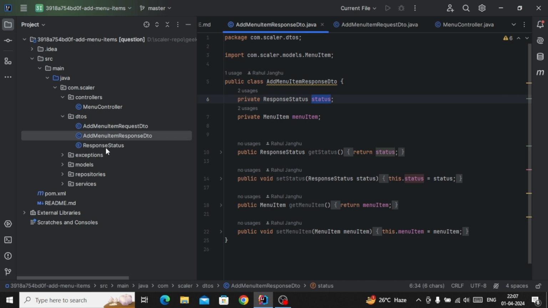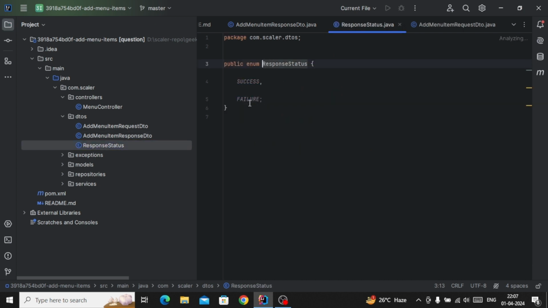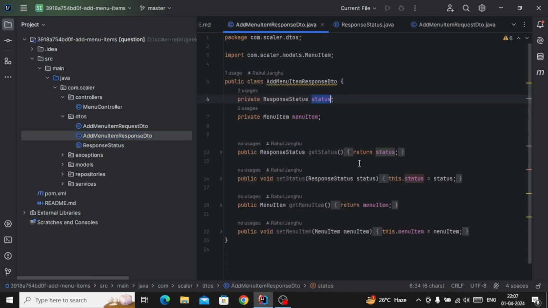Next, what we require to set here is a status. As you can see, we already have a response status, success and failure. This is given. We just have to use success and failure from this response status. And what else do we have to create here? As you can see, that is the next thing we have to work on. For creating this, I will tell you the logic for how we can start.